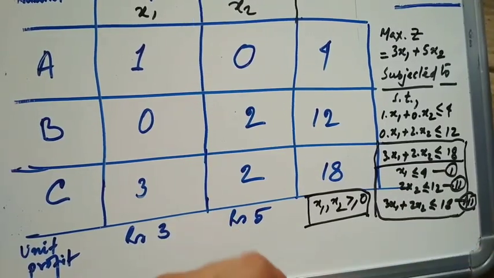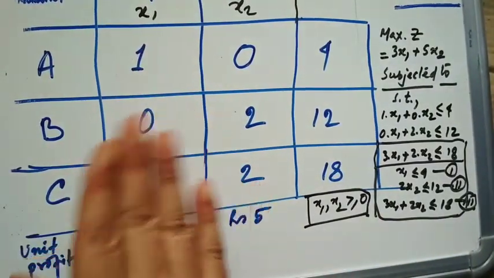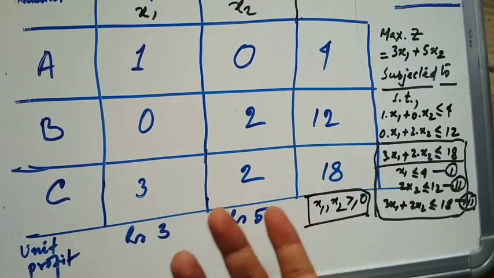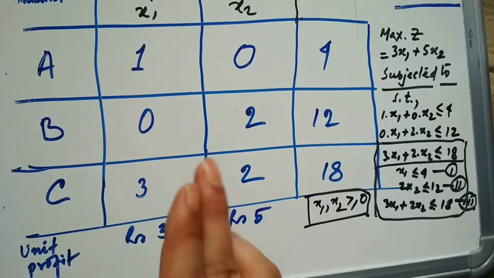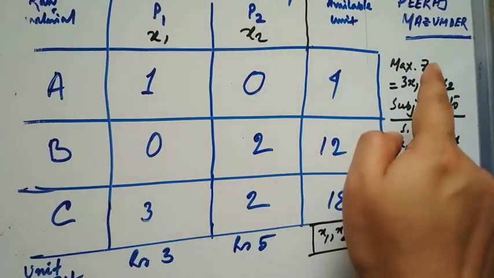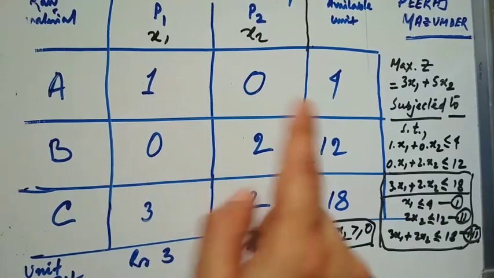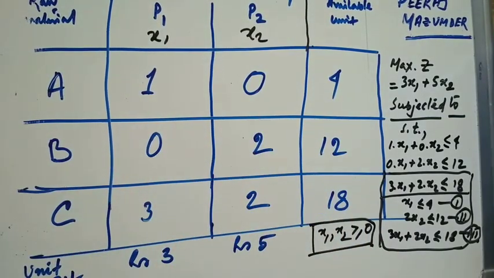So in short, you can say for this particular problem, before solving by graphical or simplex method, we have to formulate it. So in order to formulate it, we have formulated in this way. We have been asked to formulate. That is the maximization. We have been asked to maximize the product.